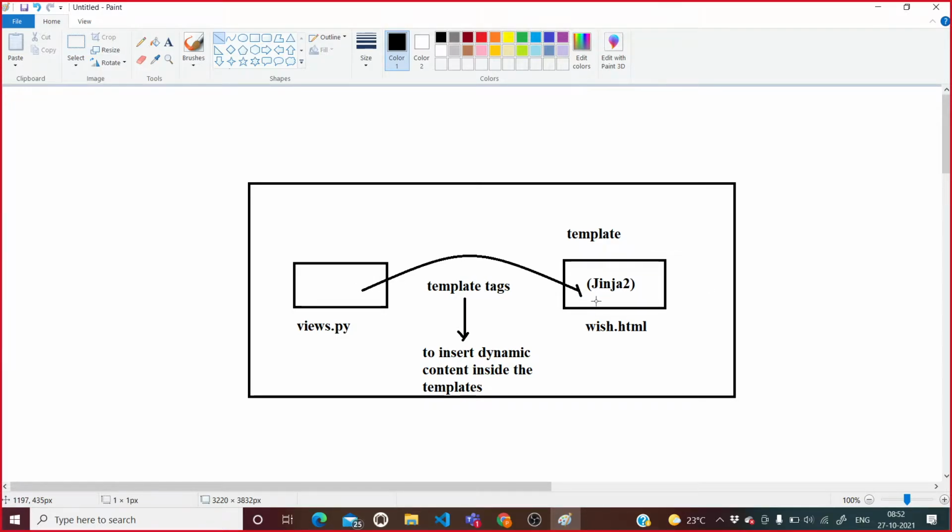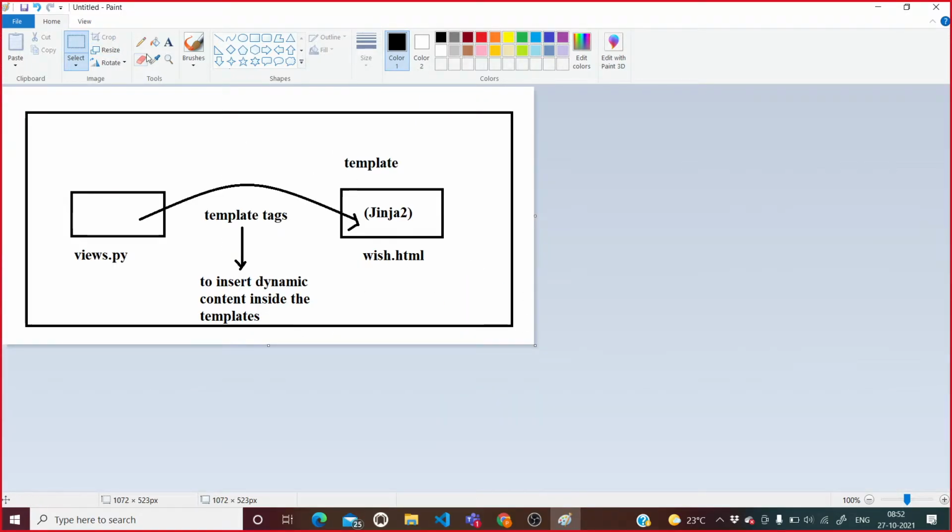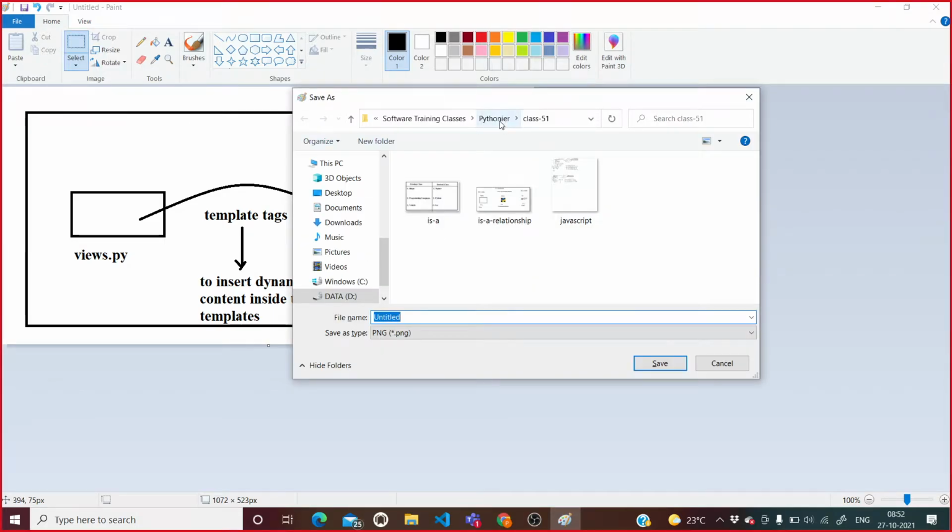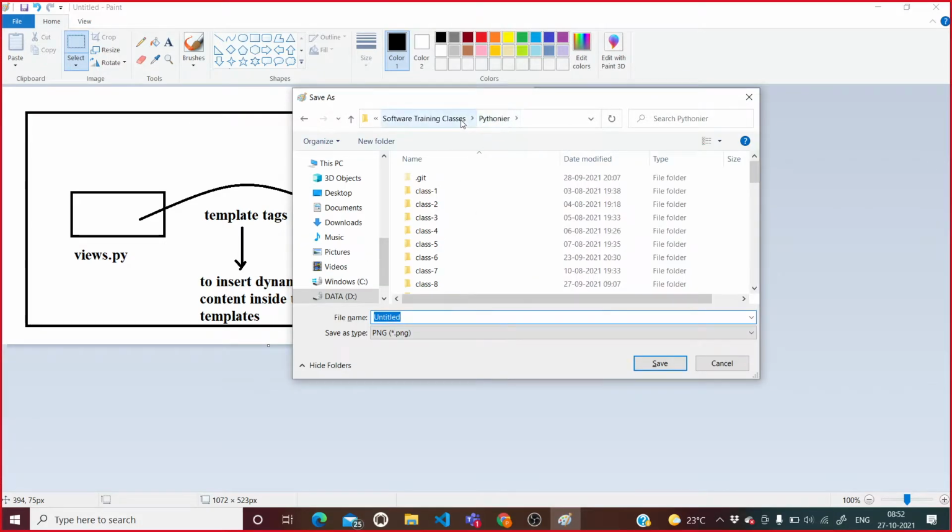Suppose that, fine. Now I will crop it and save this. So we are going to come to Django.